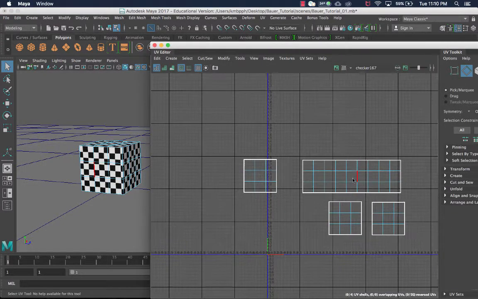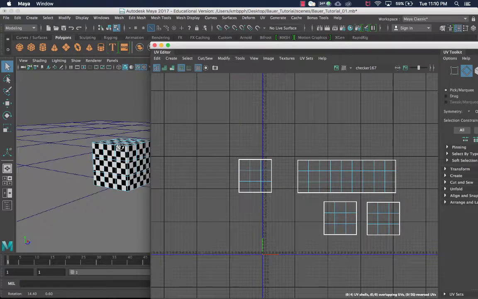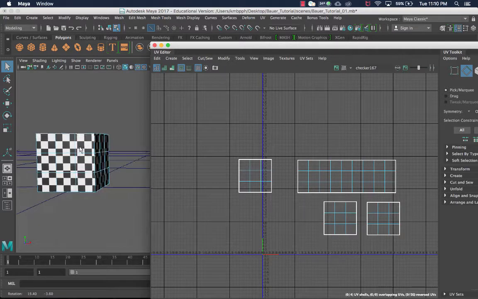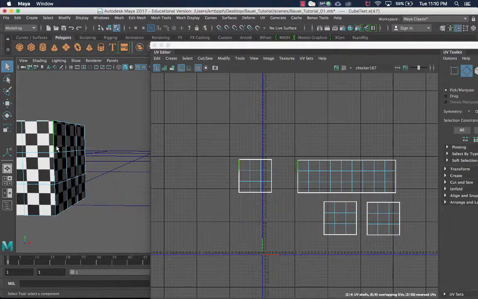All right, so we've got one more side to do. If I go to my next side here, it looks like it's right here. If I select all three of those edges, you'll notice we're having that same issue as before. Our edges are currently facing opposite directions. I need them to be right next to each other so that I can easily move and sew and keep